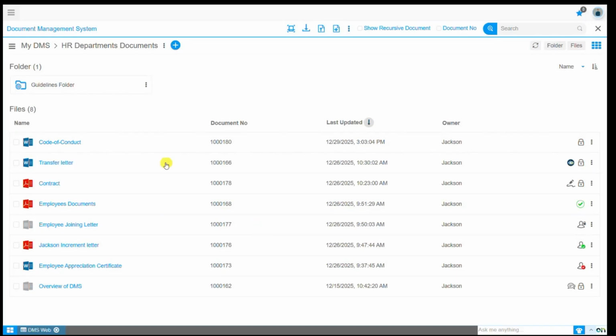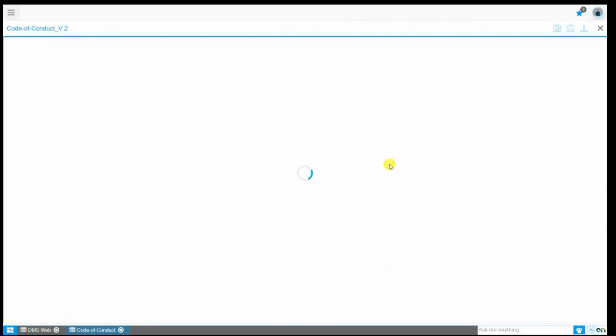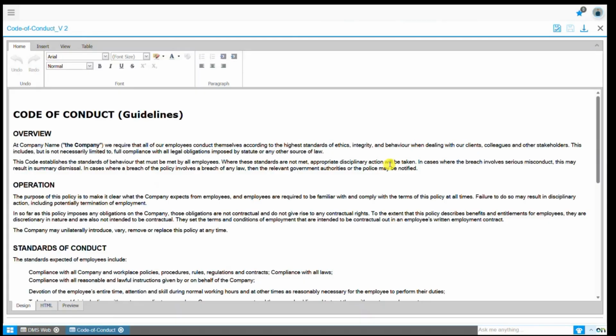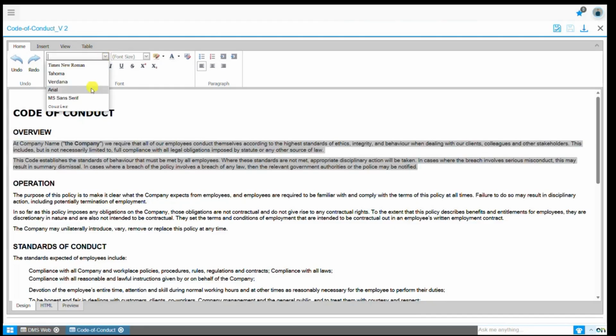The user clicks the three ellipses next to the document to access additional options. For example, I selected the three ellipses next to the Code of Conduct document. These are the document actions available in the DMS. Select the Edit Document action from the list. The document will open in a new screen, allowing the user to make edits to the Code of Conduct Guidelines document. The user can use various formatting options, such as changing the font,